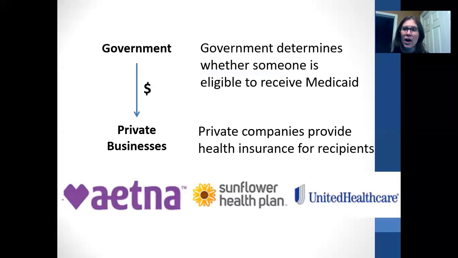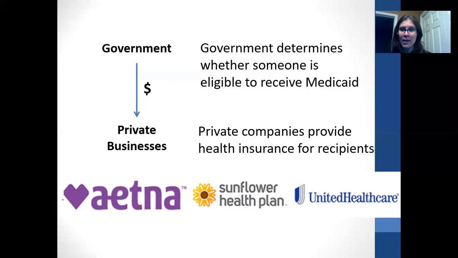Another way that the government privatizes social services is through Medicaid. Medicaid is insurance for low-income individuals. And with Medicaid, the government, so the state of Kansas, determines who's eligible to receive Medicaid. Someone submits an application and the government says, okay, you can receive Medicaid. The actual